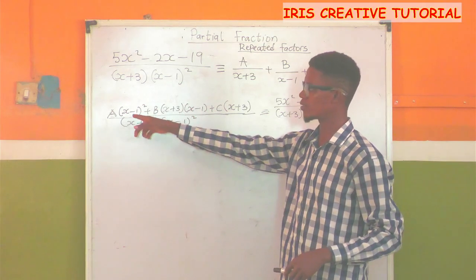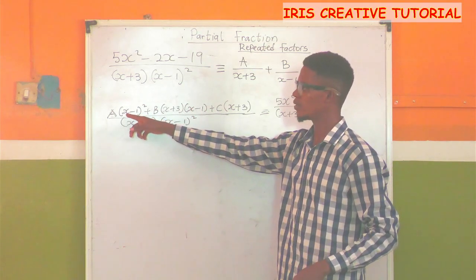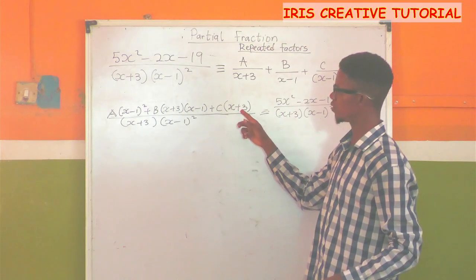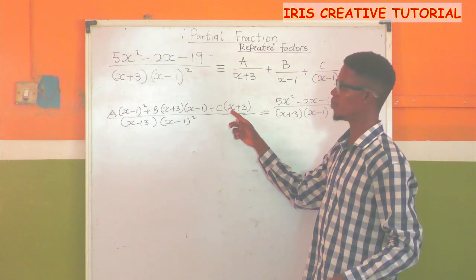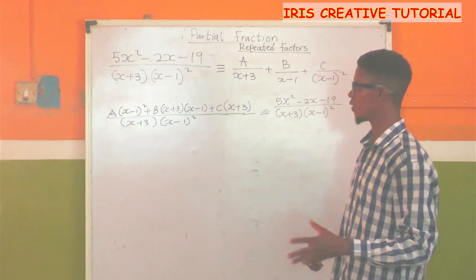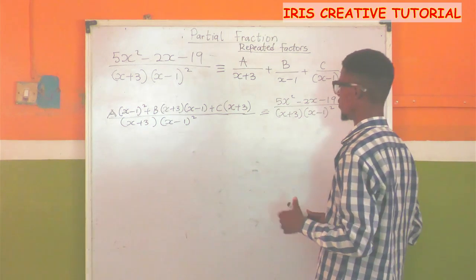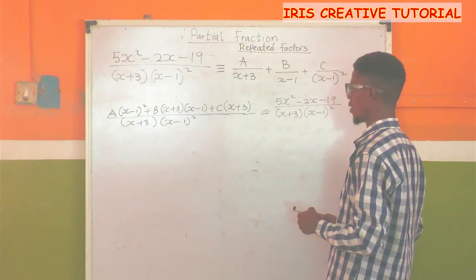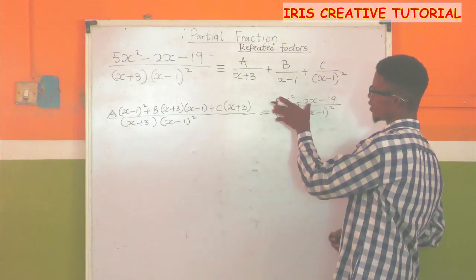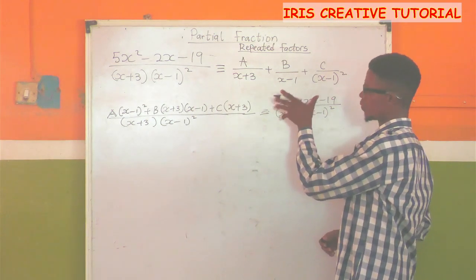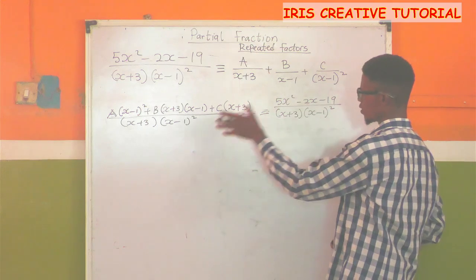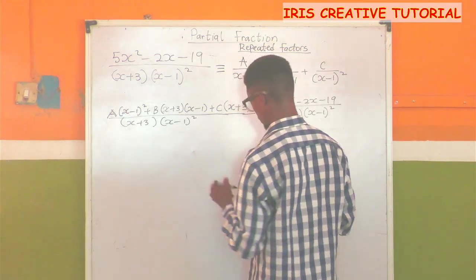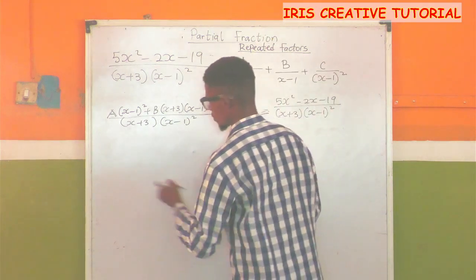Now here I'm going to turn this particular expression to 0. I need to make x a positive 1. If I want to make this expression 0, I need to make x a minus 3. So that's what we're going to do first. Look at how we can eliminate the various expressions to get the variables that we have in our question. Now we are equating that with the numerator in this particular expression. So let me bring this back to this side. So we have 5x squared